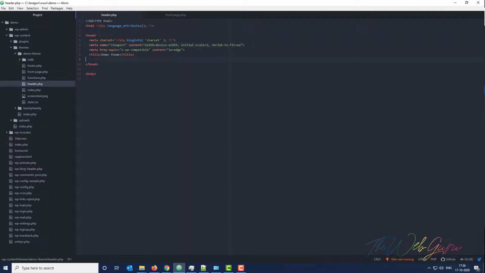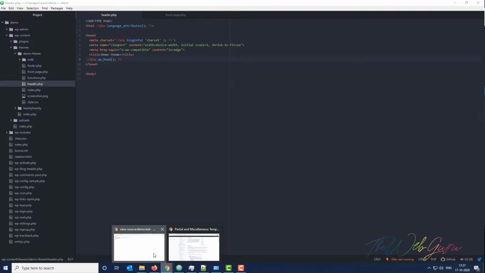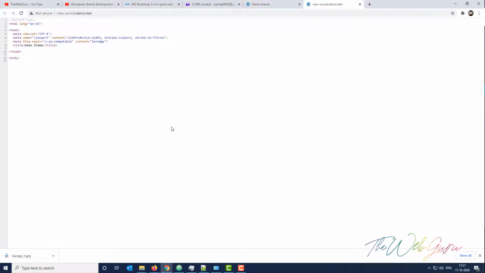And yes, next thing is we need to add this function called WP head before the closing of the head HTML tag. This will generate the actual header code required.